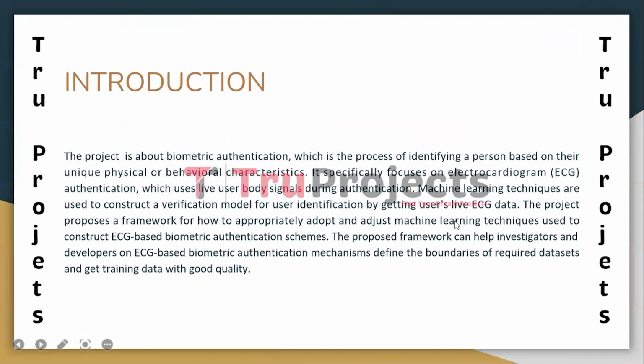The project centers around biometric authentication, which involves recognizing an individual by their distinct physical or behavioral traits. The particular emphasis is on ECG authentication, a method that employs real-time user body signals for identification. By utilizing machine learning methods, a verification model is created to identify users based on their live ECG